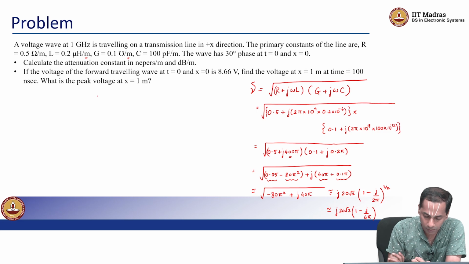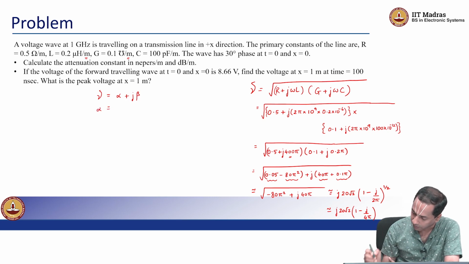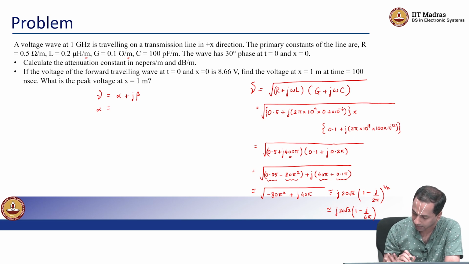Okay, so if you remembered, we said gamma was alpha plus j beta. So if we were to look at alpha from this equation, that would come from multiplying the 20 root 2 j with the j by 4 pi, right? So that's essentially plus